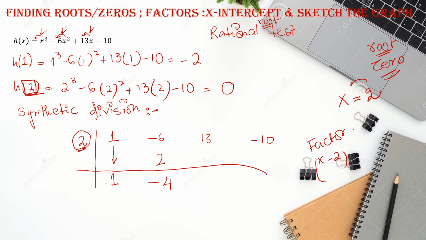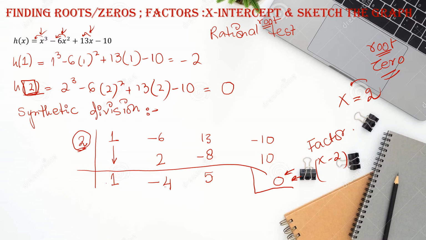You multiply it by the 2. You will get negative 8 and you will write it over the line. 13 minus 8 will give you 5. 5 is below the line. You have to multiply 2 with the 5. You will get 10. And minus 10 plus 10 will give you 0. You see, the 0 is coming. That means there is no remainder, and it also tells you that yes, the 2 is the factor of this